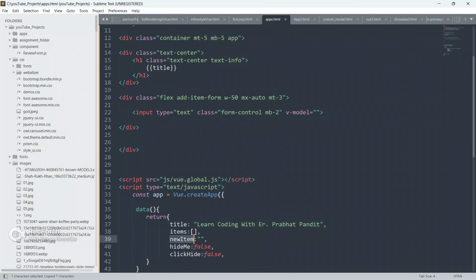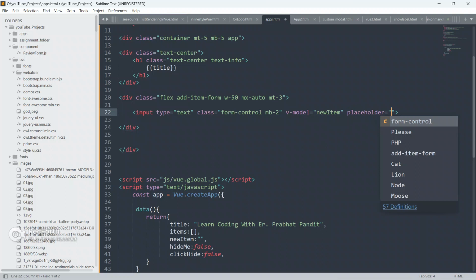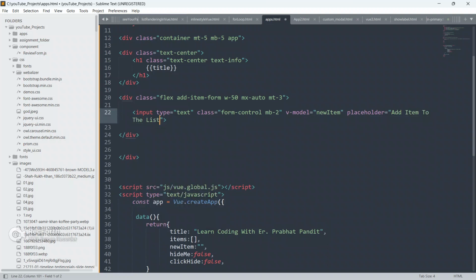So v-model equal to what guys? I'm gonna put this newItem. And I'm gonna put placeholder also like add item to the list.